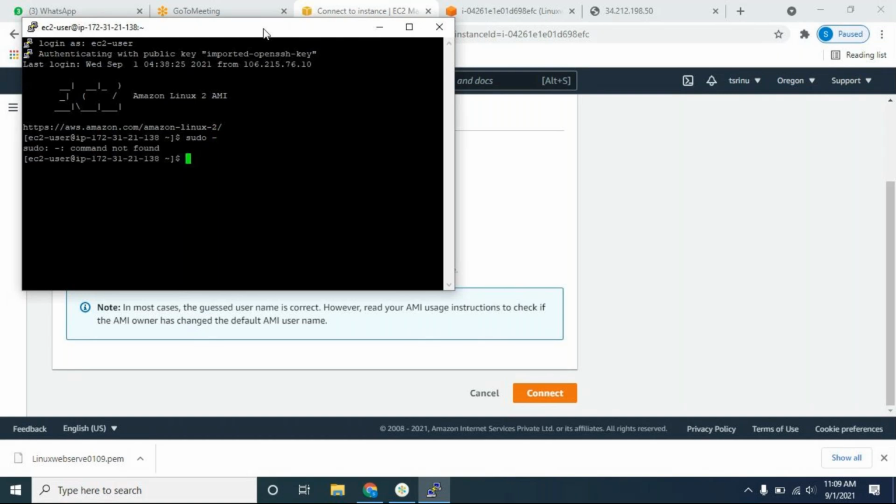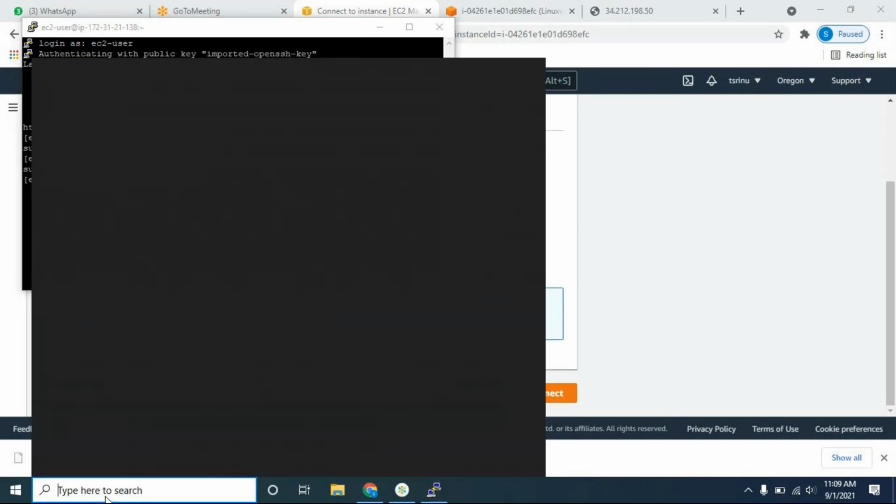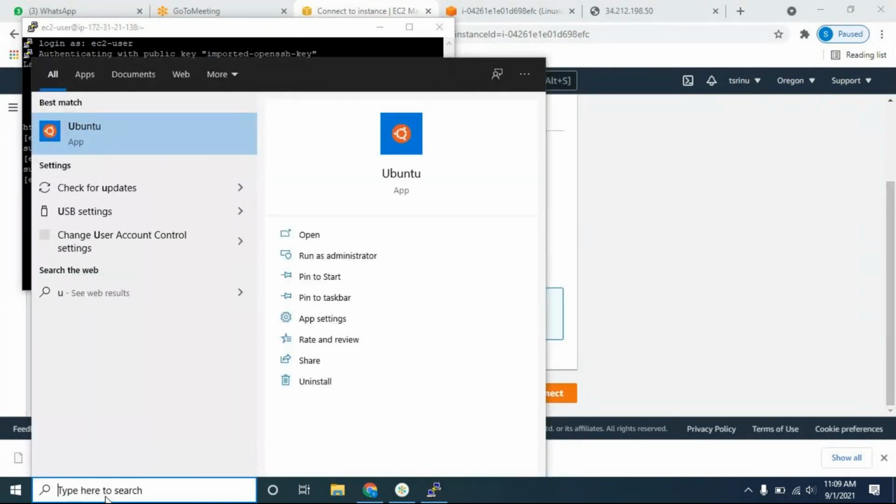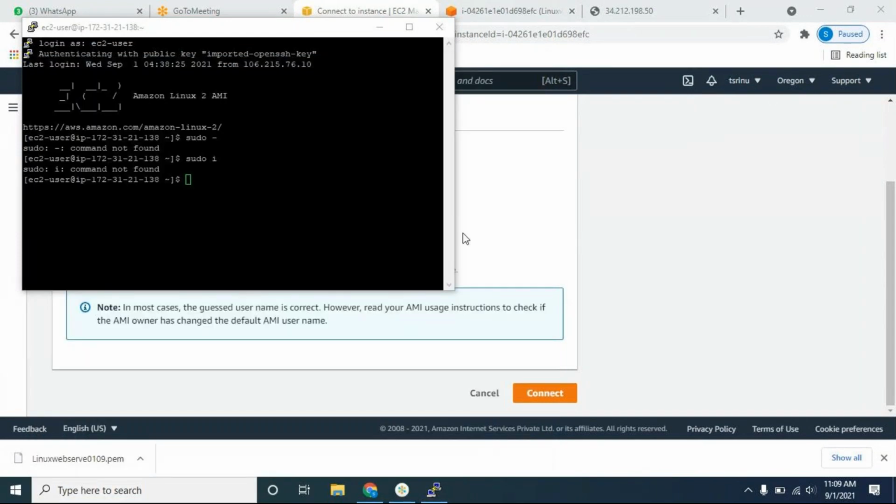Okay, guys. Any other questions, or otherwise we will wrap up the session for today. I just want to conclude what we have done today. We discussed the AMI concept. This is very important. We created a duplicate web server.